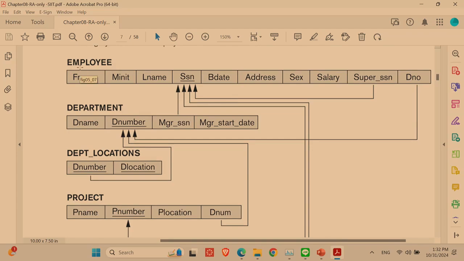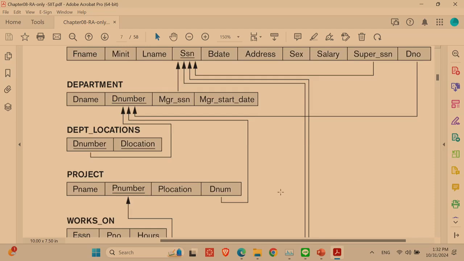Then we would like to have a table to store the many-to-many relation, because one employee works on several projects, many projects. You cannot add the project in the employee table because we have several values. And also in the project, many employees work on the project, so you cannot add several employees in the project table either. So we have to create a new one,